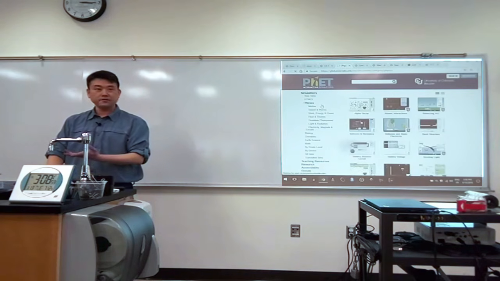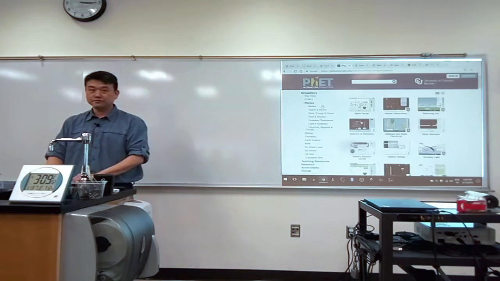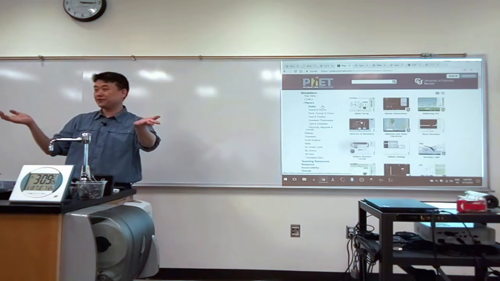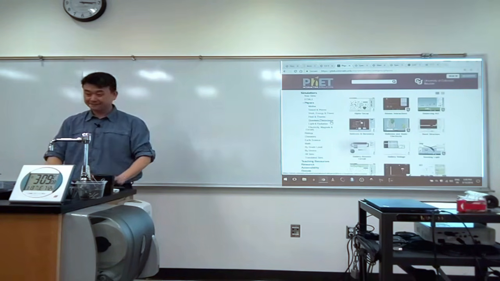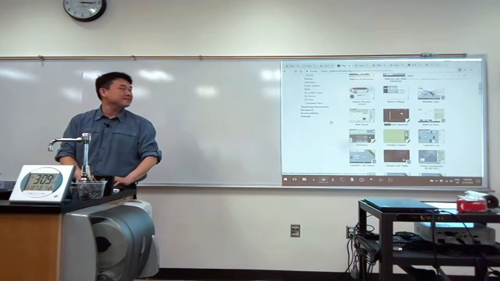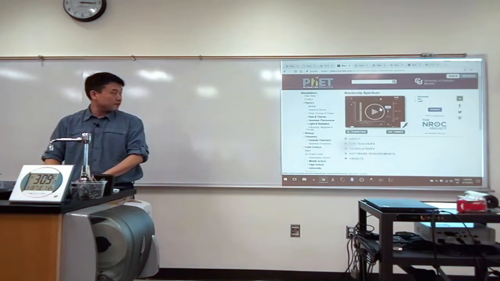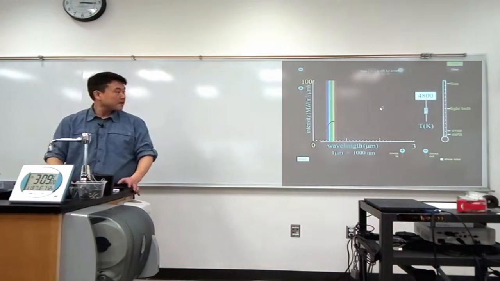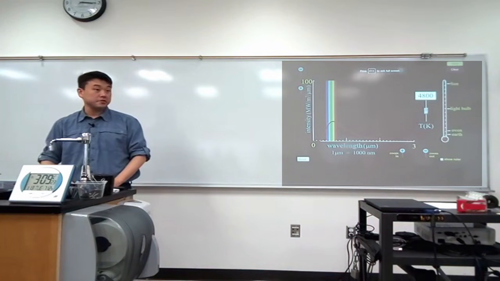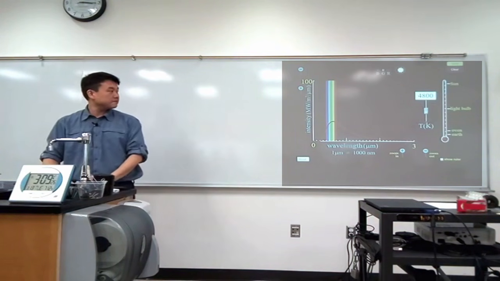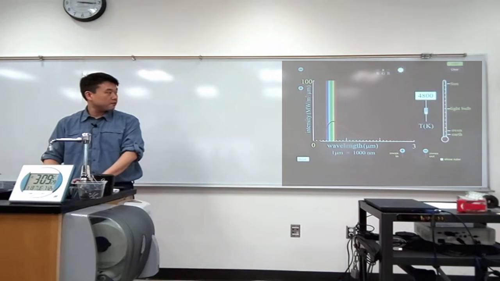So, take a guess. 1,000 degrees C? Sounds reasonable. People with physics 4B here, do you remember your physics 4B red hot calorimetry result? Okay, is it at least between 1,000 and 2,000 degrees C? All right, so no more than 2,000 degrees C. Let me use this. This is a simulation that just shows you what the blackbody spectrum looks like based on the temperature. So if it's 1,000 degrees C, then the temperature might be something around, I don't know, 2,000 Kelvin. So it's actually quite a bit high. Oops, I need to zoom in. All right, so this is what the spectrum was.